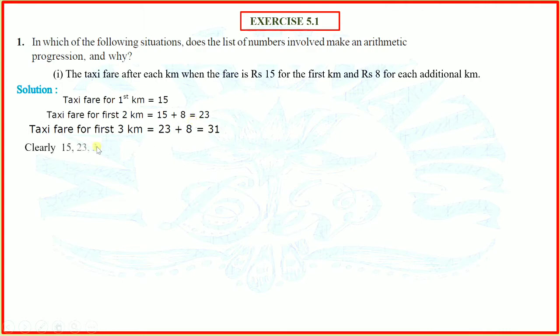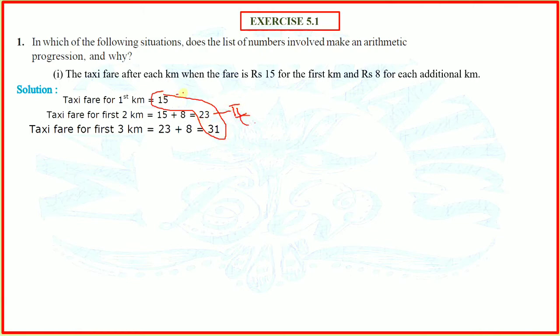So clearly 15, 23 and 31 form an AP because every term is 8 more than the preceding term. This 15 is the first term, 23 is the second term,